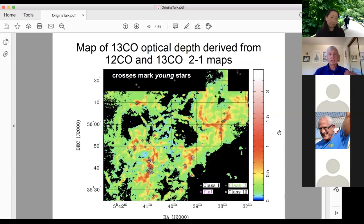We can also calculate the optical depth from the line ratios of the isotopes, and this shows something interesting here. Now the crosses are positions of young stars that were derived by some of my co-authors on this paper using the all-sky surveys WISE and 2MASS. Unfortunately, there was no deep Spitzer observation of this whole cloud, but I'll show you something on the region right around S235 in a moment. But you can see there are lots of young stars closely associated with all these high column density or high optical depth regions, consistent with star formation occurring principally along the sort of almost a skeleton-like structure within the overall